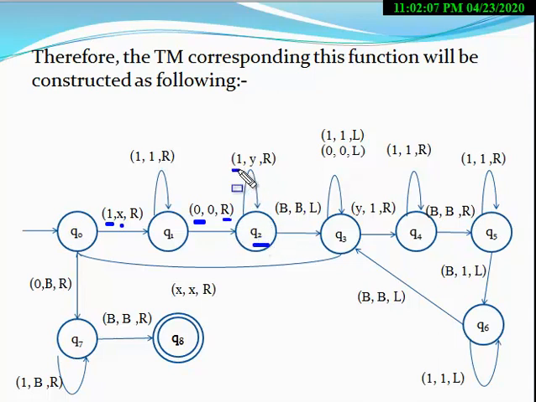At the state Q2, when 1 appears, 1 is converted into Y. So at the state Q2, the machine converts all the 1s into Y, because this is a self loop. According to this loop, all the 1s are converted into Y. As soon as the blank symbol appears at the state Q2, the machine goes to state Q3 and also moves in the left direction.